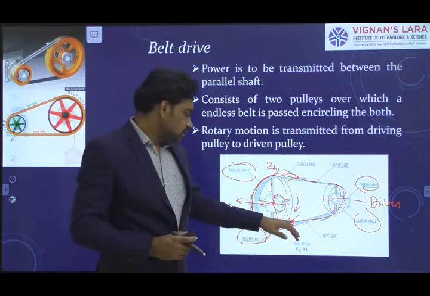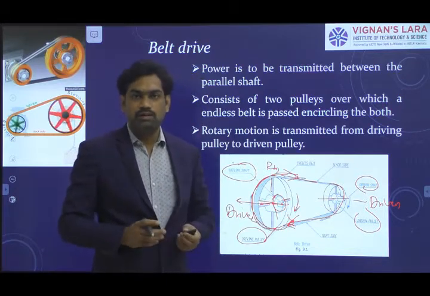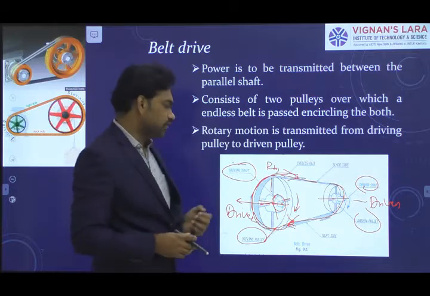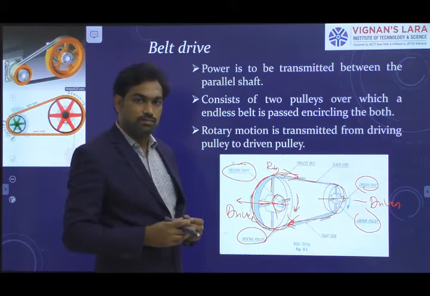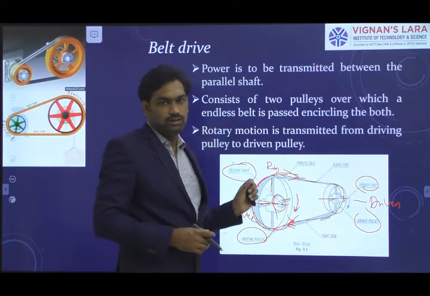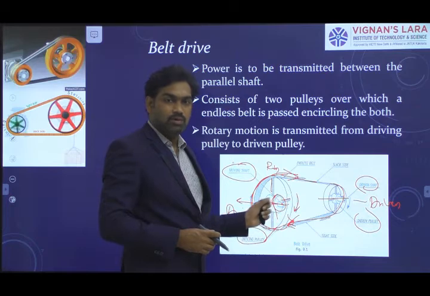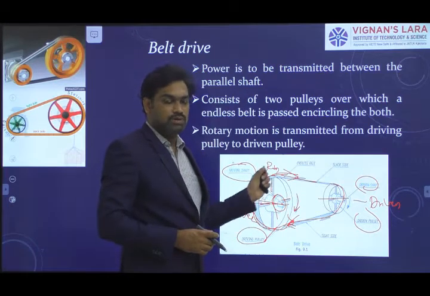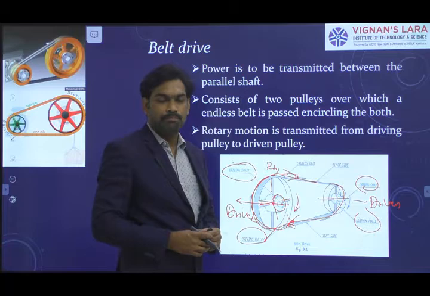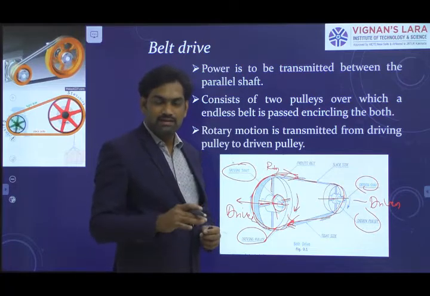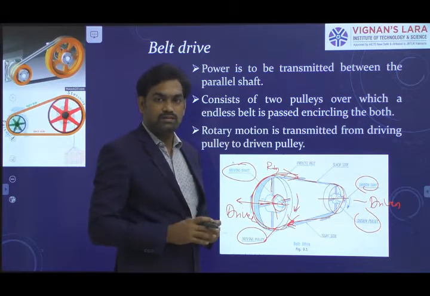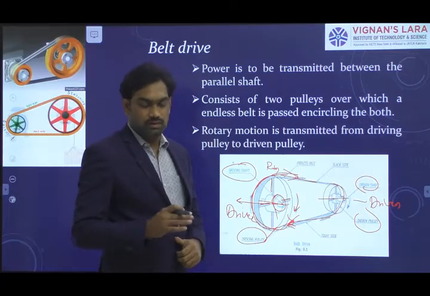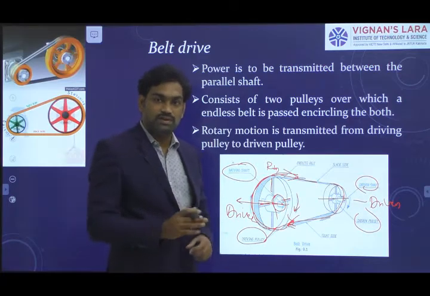The movement of the belt upon the pulley is caused by the friction between the two surfaces. Only when friction is present does the belt tend to rotate upon the pulley, so that the same motion can be carried to the driven member. If the frictional amount is negligible, the power is not going to be transmitted. That is why belt drives are also called frictional drives. The power is transmitted by means of friction.